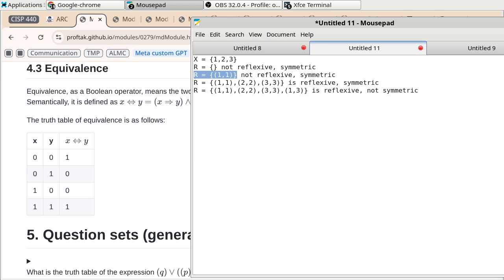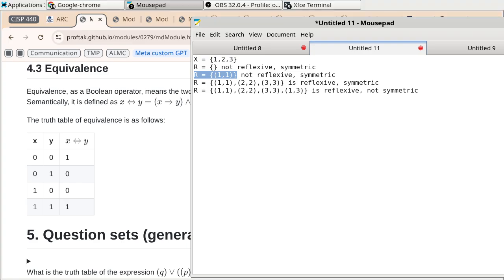So that means if E is 1, F is 1, then the if and only if is true, because EF in R, if and only if FE in R has to be true. But for other values of E and F, it is not in R, and therefore we end up with false if and only if false, which is still true according to this truth